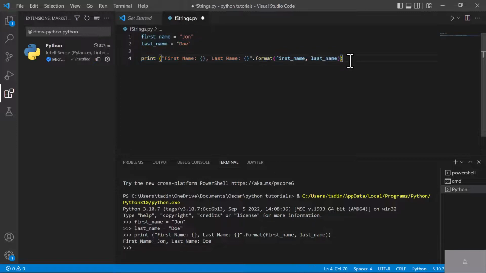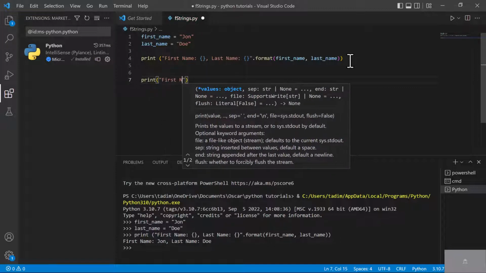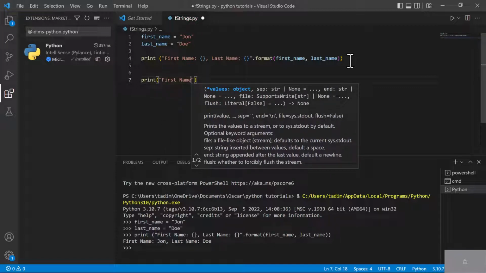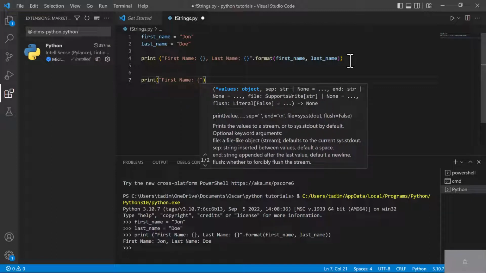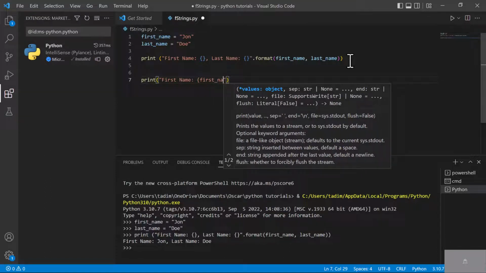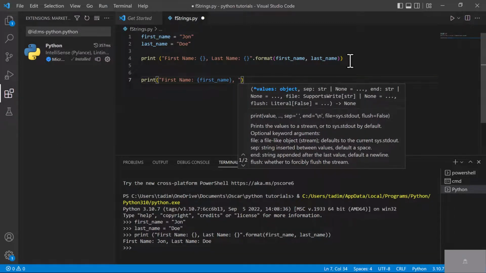Now, this is the regular print statement. There's the other way to reference a parameter called the f-string. Say for instance, I have a print statement, and I would still have first name, right? And this time, I'm just going to put the parameter directly inside the braces, okay? And then I'm going to close it, and then I'm going to have last name,